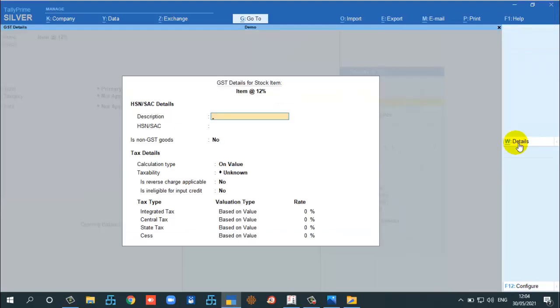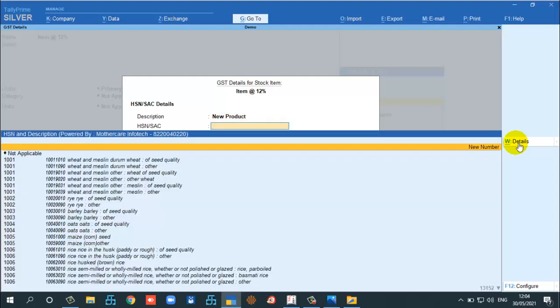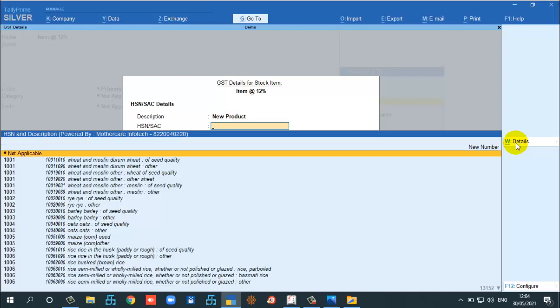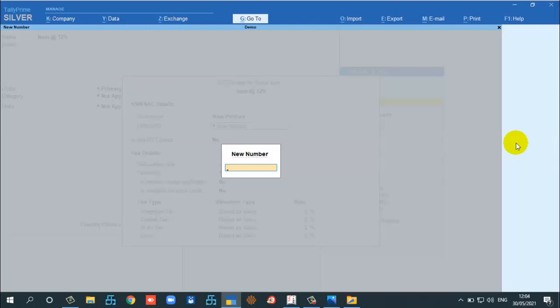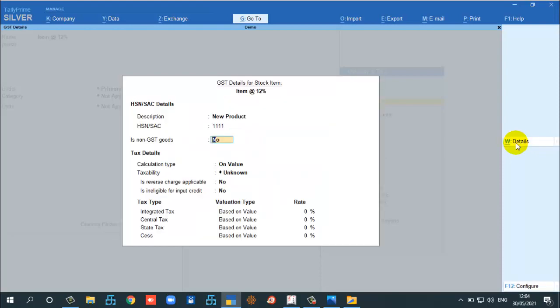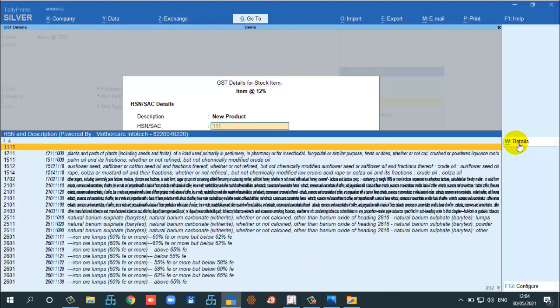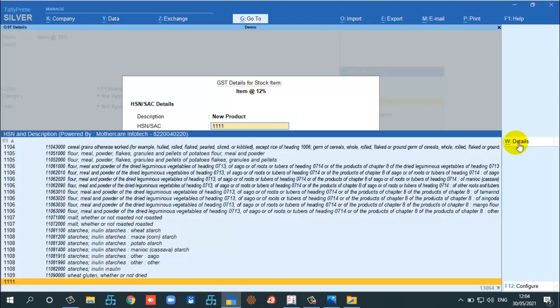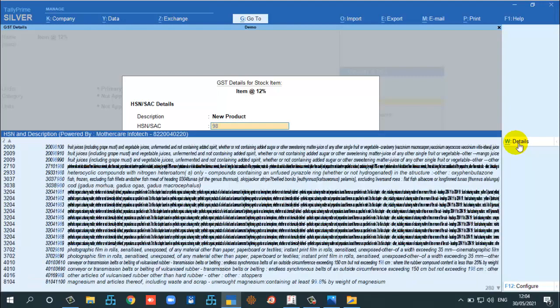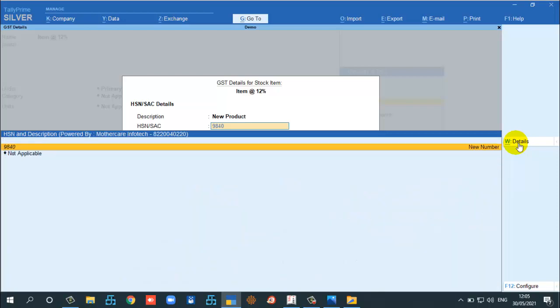Suppose a new product, that means any item with this new, and we can also create a new number also. It will fetch, see it is there. So here suppose we have 98, something like 98, we don't have any code, right?